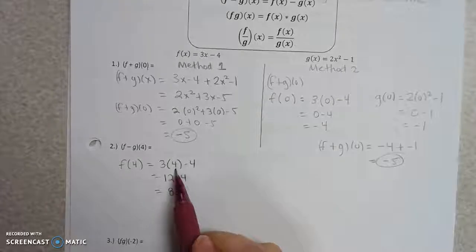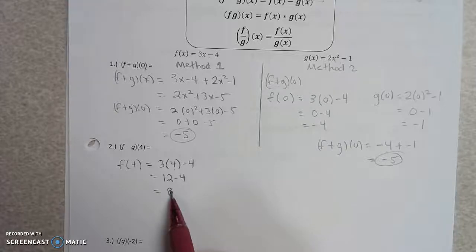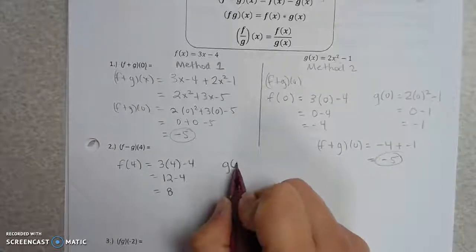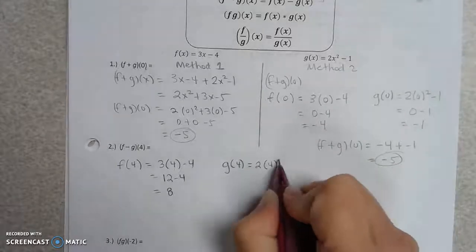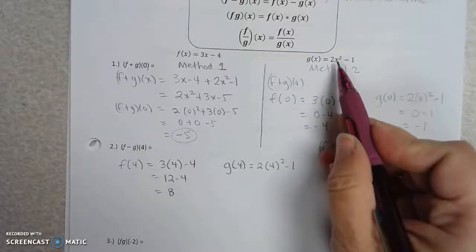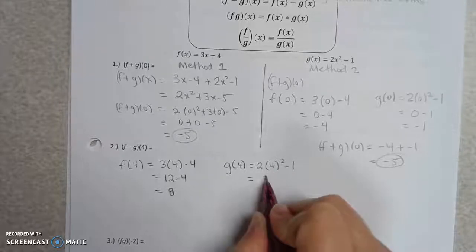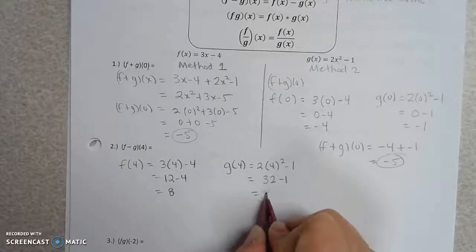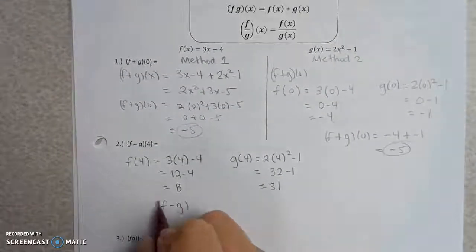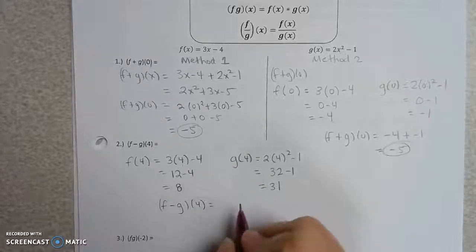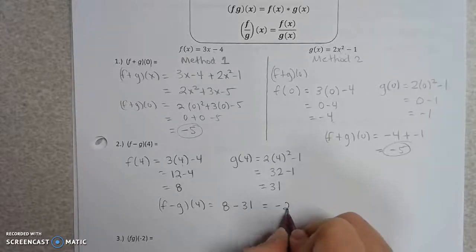Alright, so I fill in the value 4 into f, so 3 times 4 minus 4 will be 12 minus 4, which is 8. Then I'm going to find the value of the function g of 4. So everywhere there's an x, I'm going to put a 4 into the function g. 4 squared is 16, times 2 makes 32, minus 1 is 31. Alright, then to find f minus g of 4, I say f of 4 minus g of 4 gives me